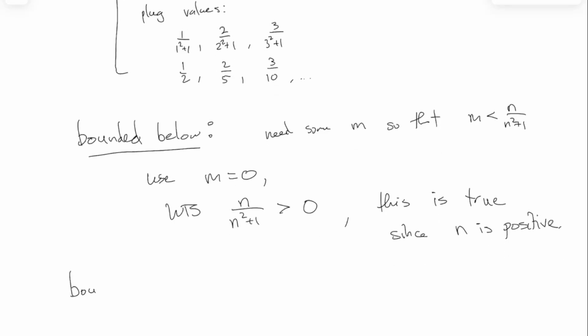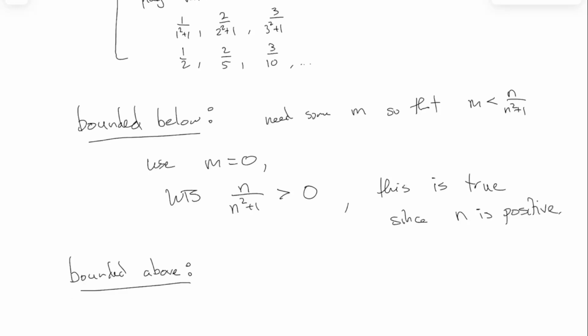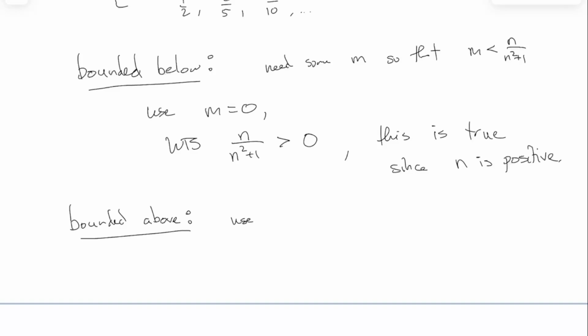So how about bounded above? If the denominator is greater than the numerator, it has to be less than 1. These are always fractions where the denominator is bigger than the numerator, and so these fractions must all be less than 1. So here we can use the big M is 1,